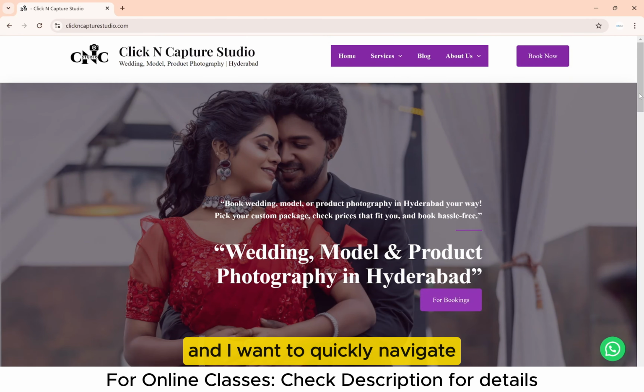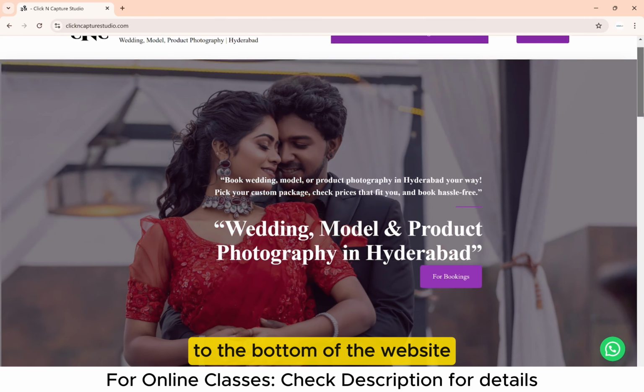And I want to quickly navigate to the bottom of the website, and here we can see the product photography, right? And here we do have the button called view gallery, and when I click on the view gallery button, which is on the home page, it takes us directly to the product photography page. I hope you clearly understand what I mean by the internal links. Internal links are nothing but the connection that we have between the pages or the blogs that we have